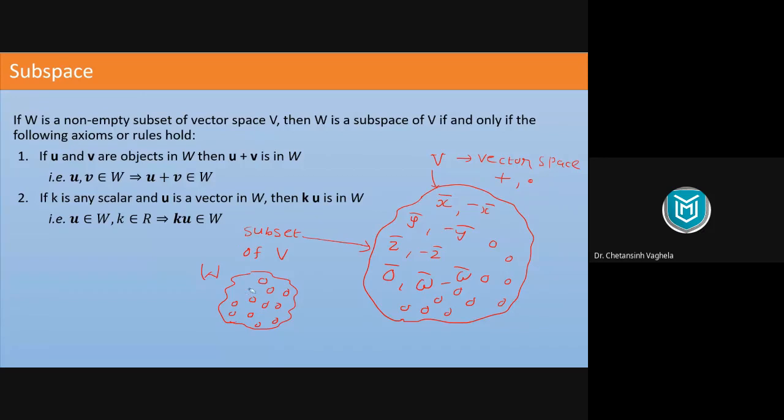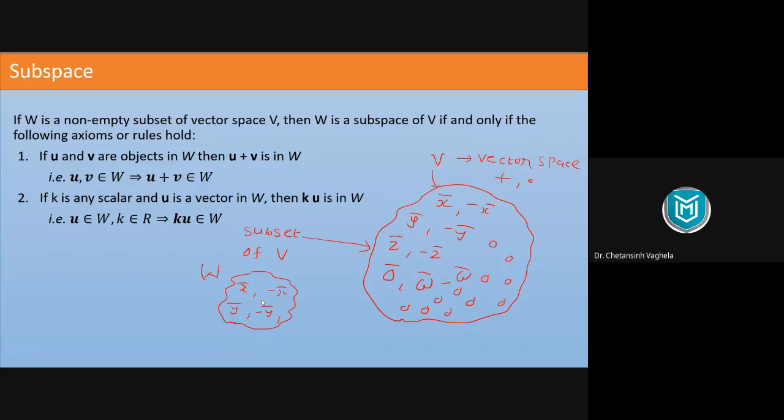Now I'm creating a set W from these objects, and for example, I'm choosing this one: x bar, y bar, minus x bar, minus y bar. Right? Now I have 4 elements here. Now do you think it will be vector space? Because this x bar and minus x bar, it is satisfying condition 5. Y bar and minus y bar, they are satisfying condition 5, right? And other conditions, they will by default satisfy, because we are taking it from a set which is already vector space. But what is condition number 4 here? That 0 vector should be present in our set V. Now do you think 0 vector is present here in our W?